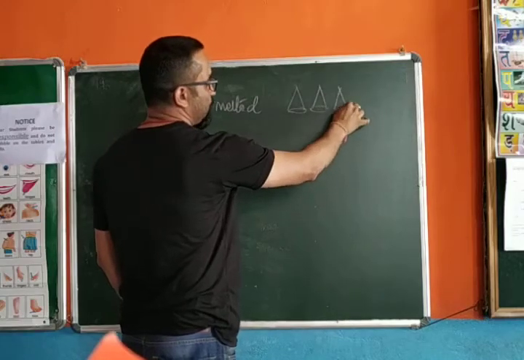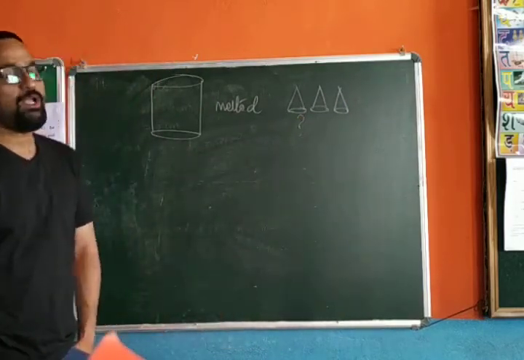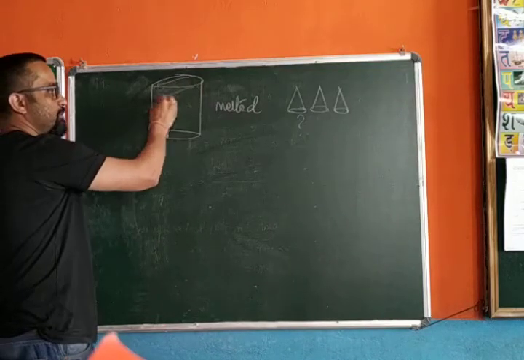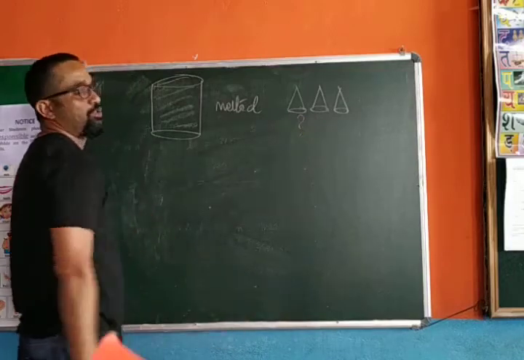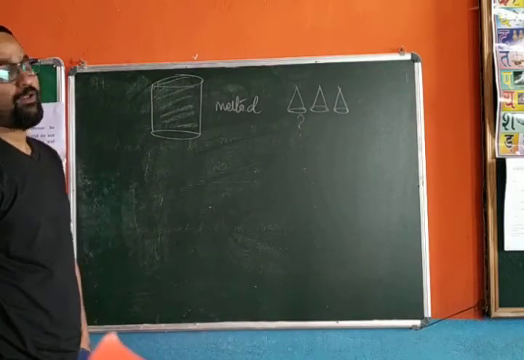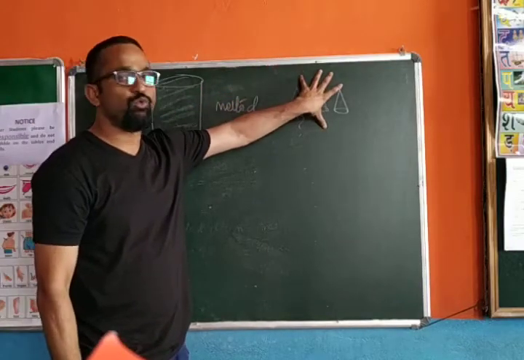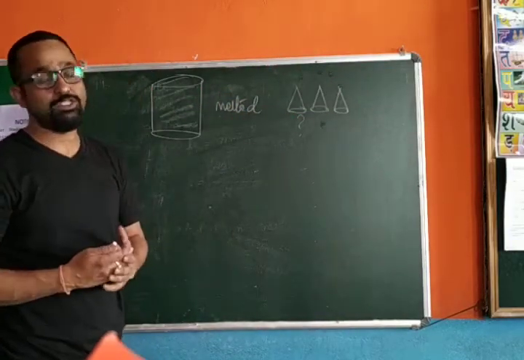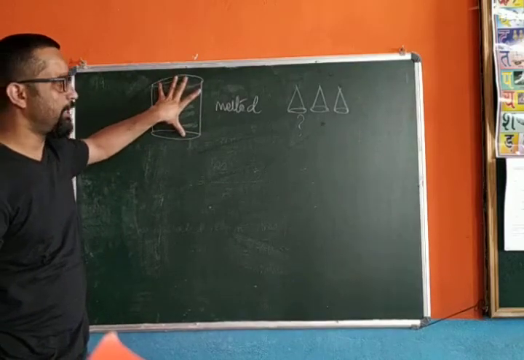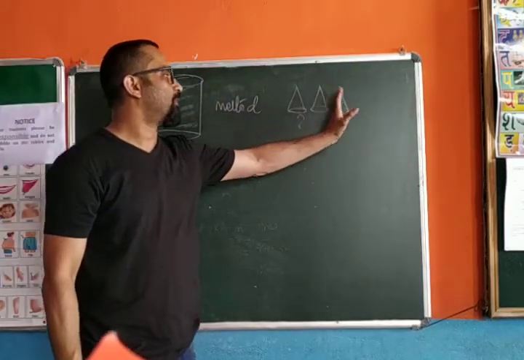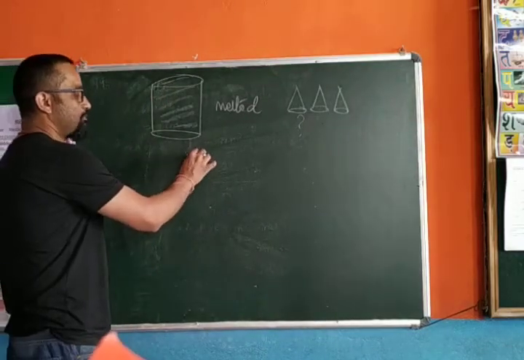If you are asked to calculate the number of cones recasted, the entire volume of this cylinder is used to make the cones. So since the entire volume is used to make cones, you have to use the volume of cylinder and volume of cones to get the number of cones